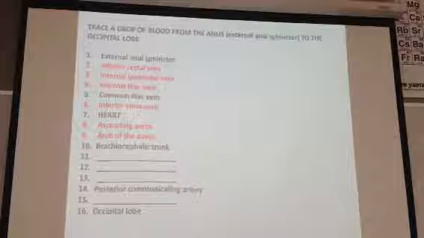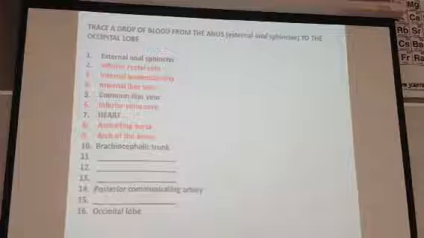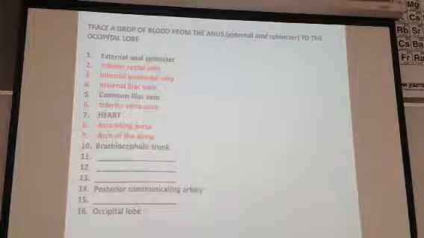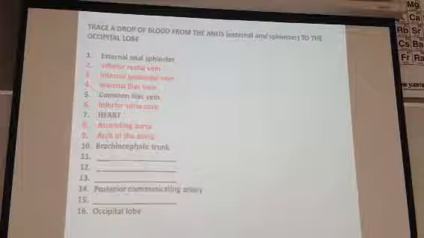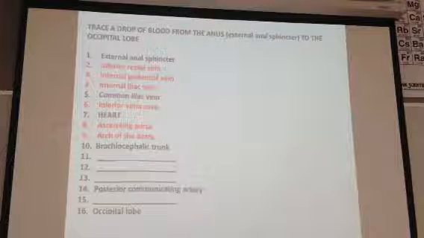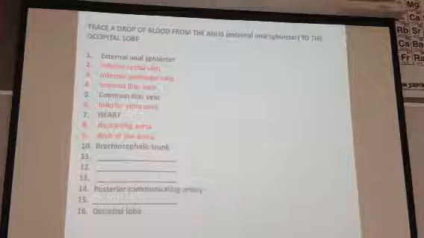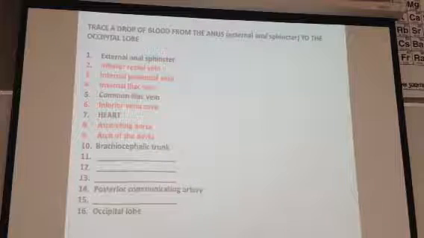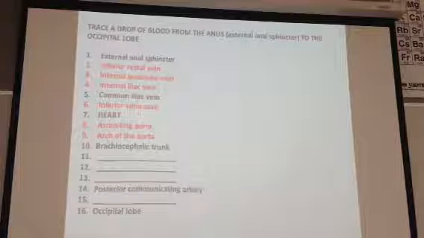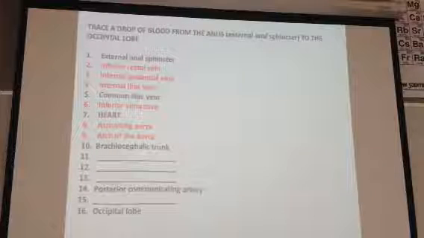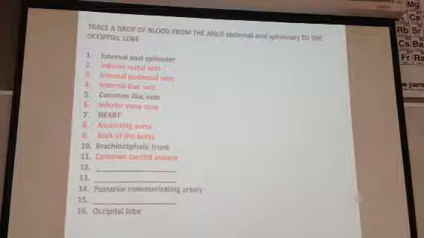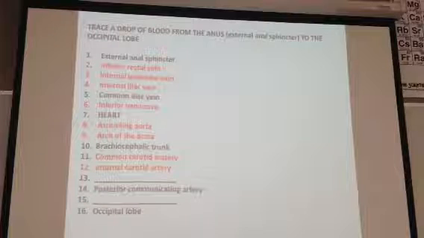posterior communicating artery. What does that make you think? Posterior communicating is connecting both of them. But I want you to go to the occipital lobe. If we go to the vertebrals, do we need to use the posterior communicating? No, we would just go vertebral, basilar, posterior cerebral, and you'd be there. So now we need to use the carotids because I put posterior communicating in there for you. All right? So brachiocephalic trunk to common carotid, common carotid, internal carotid, internal carotid,